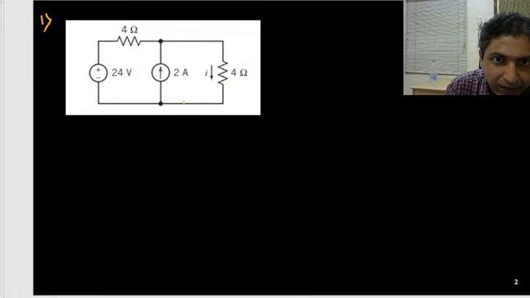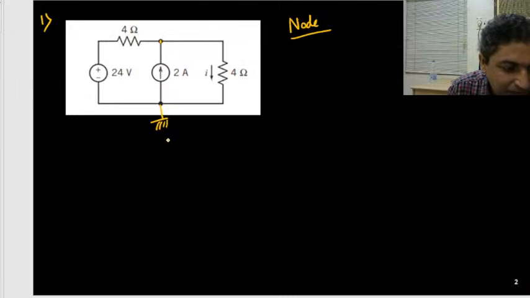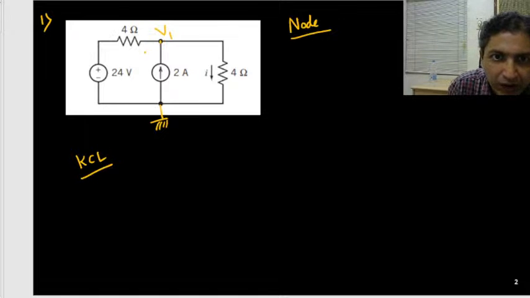Okay, so this is a very easy problem. In many ways you can solve it. So for this problem, if you use node analysis, that could be done. Okay. So if you use node analysis, one node you need to consider as a ground node, and this node potential, if you consider it is V1, then there you can apply KCL at this node. So if you apply KCL, Kirchhoff's current law, so current through this side,